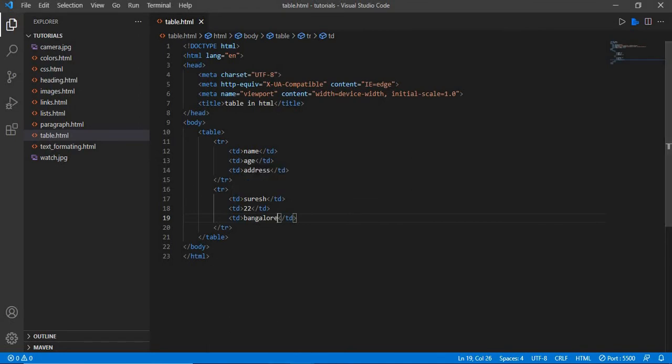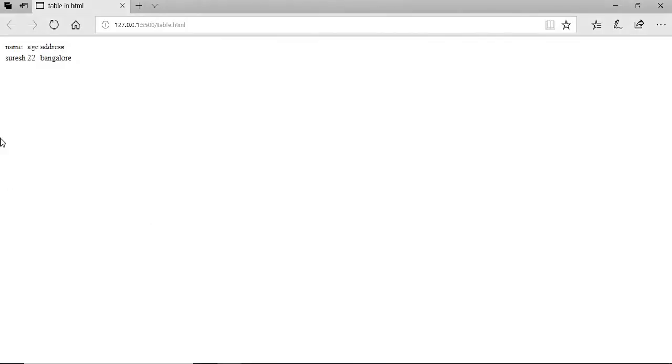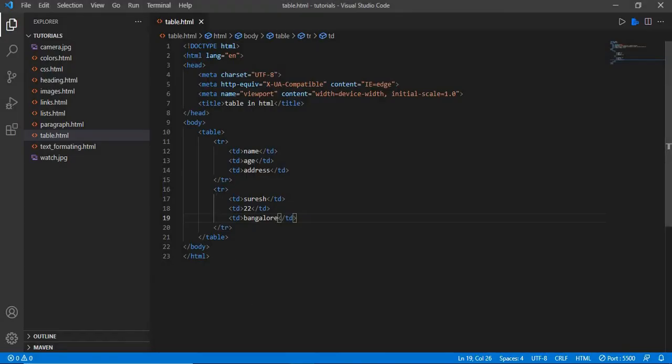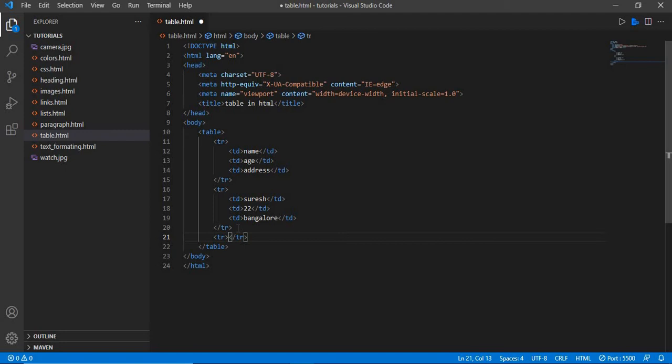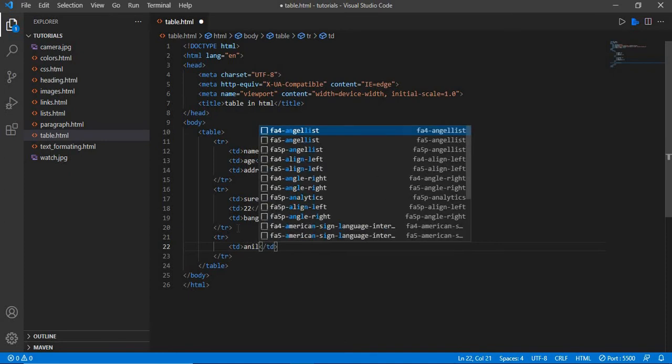Suppose we want to add another name, and his age and place also. For that we'll create the third row. The third row is tr for the next row. In the third row, the first column we'll give as Anil.